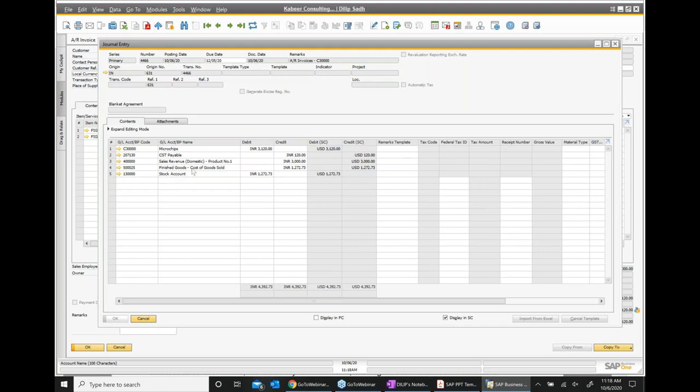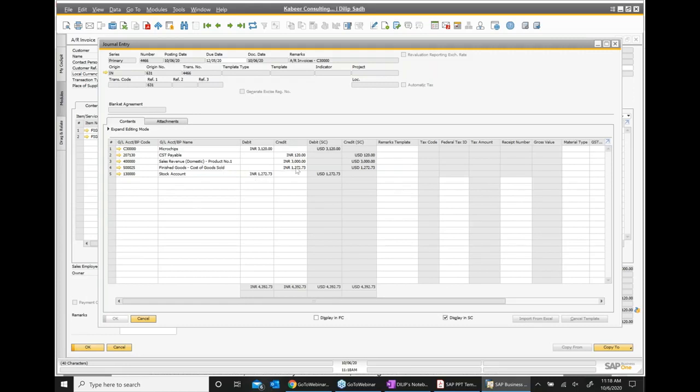Because I entered the negative quantity, minus 10, and because it's a minus, a reverse, my inventory has returned to my warehouse. So my inventory is debited and my cost of goods sold is credited.